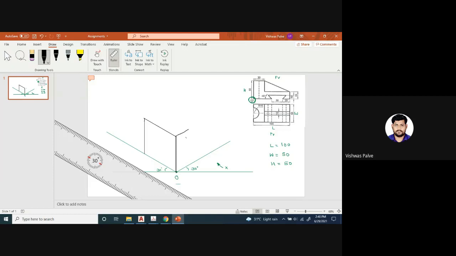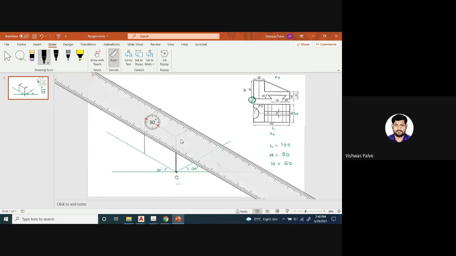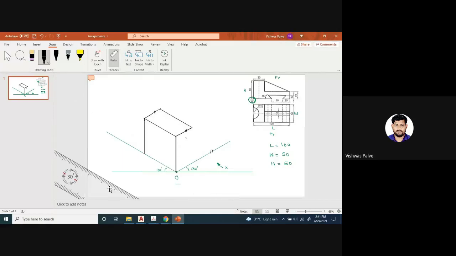So draw a 30 millimeter line here, which is parallel to this 30-degree, right? These lines are parallel. Always it will be parallel to each other. Okay, then after that, you connect these 2 points. After that, you connect these 2 points. So you will get the top face of that object. So this is the face I have drawn.